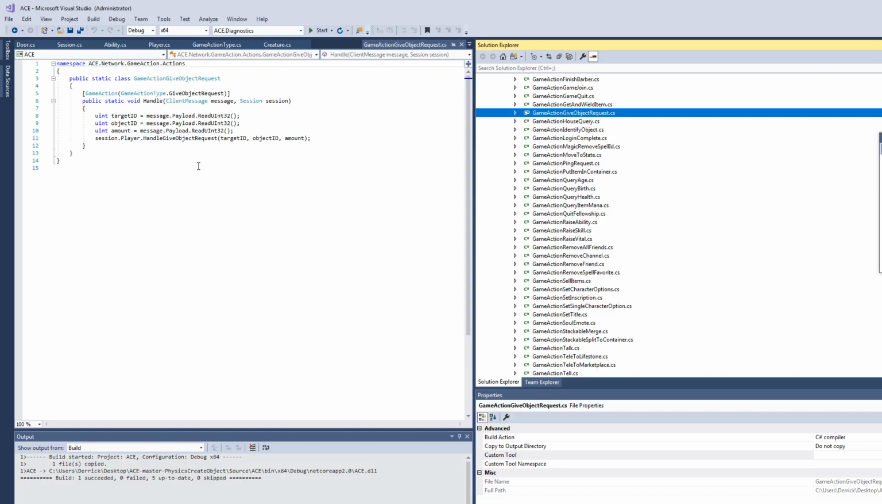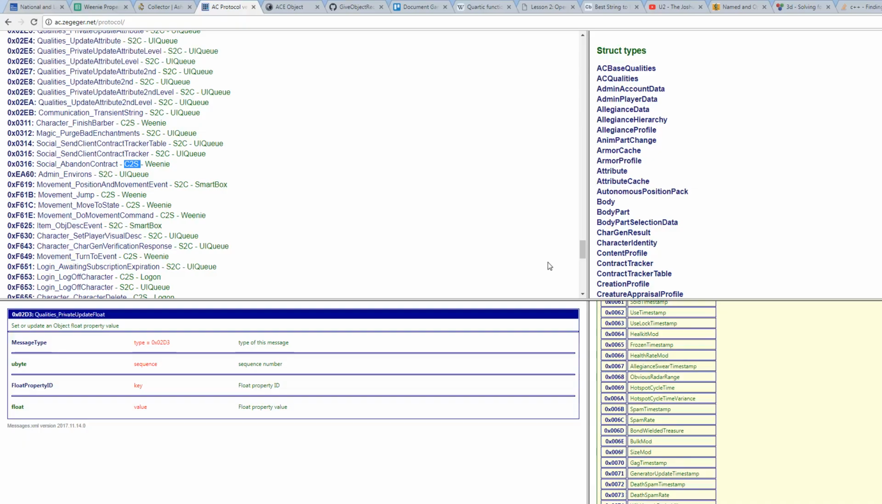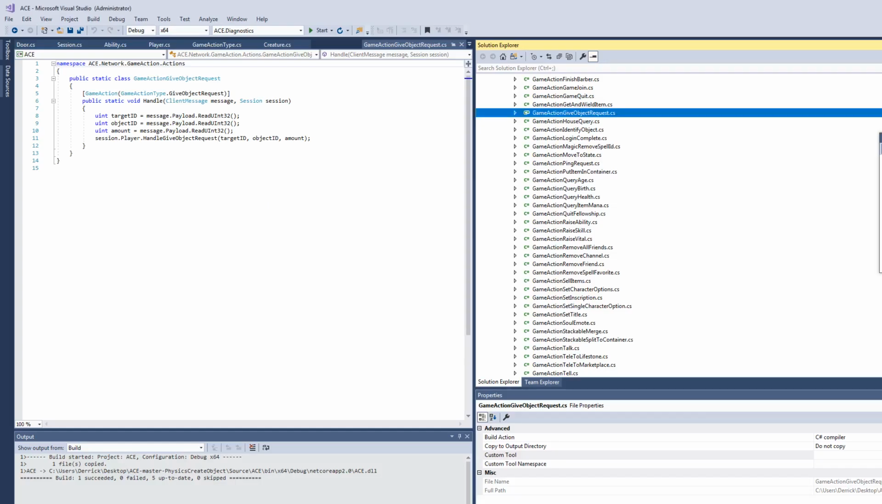Now, how do I know that? Okay, so how do I know that? Well, the first thing I do is I look at the protocol. Zeg put together an excellent protocol. He filled out a lot of things. Some things are incomplete that I've found in the past, but if we look, give object request is going to be, let's see here,